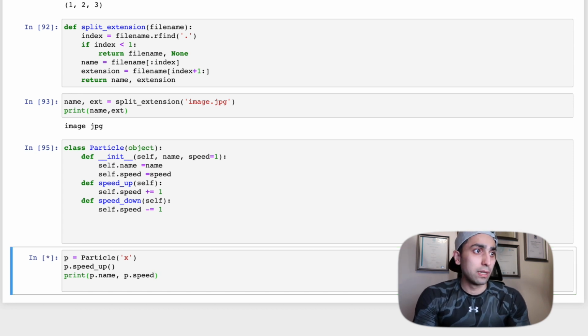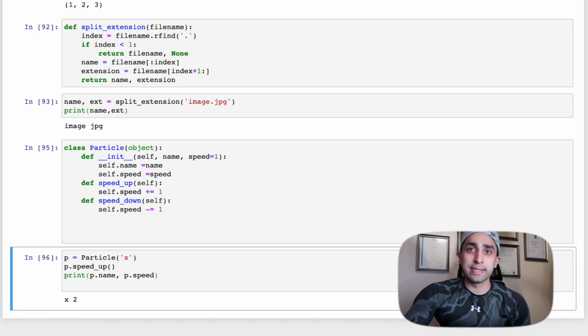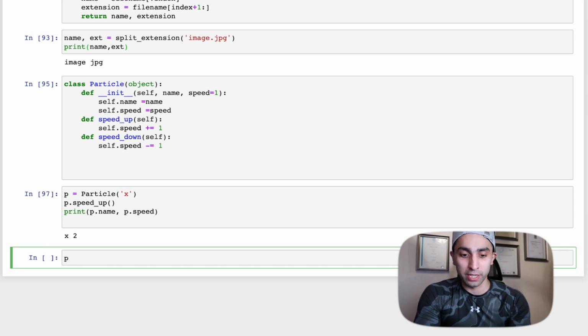So once I do that, as you can see, it says x is 2. So x is my p.name, and the speed is 2 because 1 was the default, and because I ran the function within that, which is p.speed_up, it speeds up the value. So I'm going to run the next function, which is if I do something like p.speed_down,